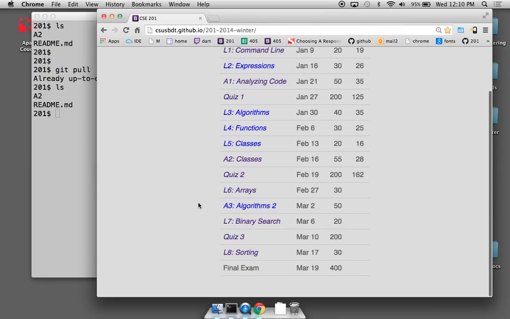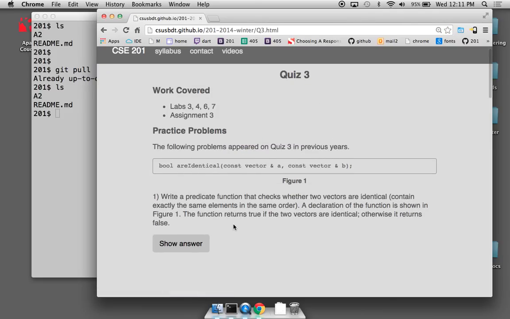All right, so today we're going to continue with this lab on arrays. And I also want to mention that I just updated this. I added this link here for quiz 3. So that's something that you need to start thinking about, getting ready for that. And the lab that we're doing now